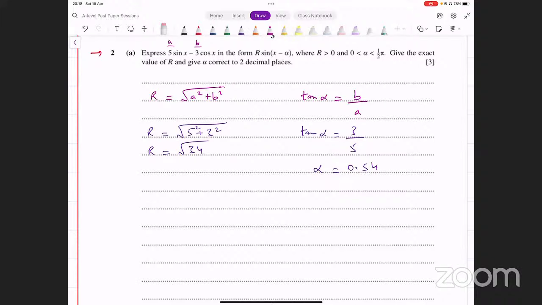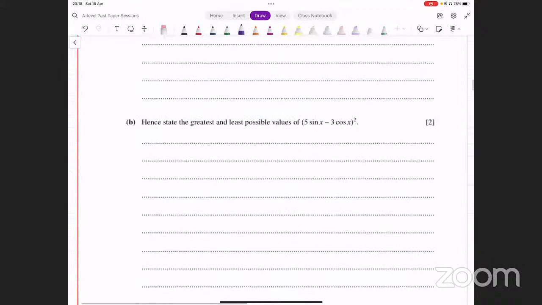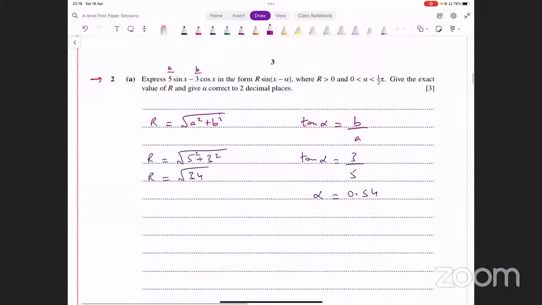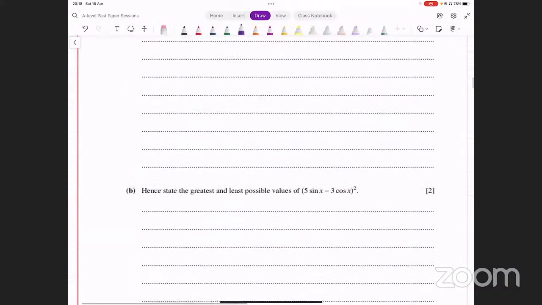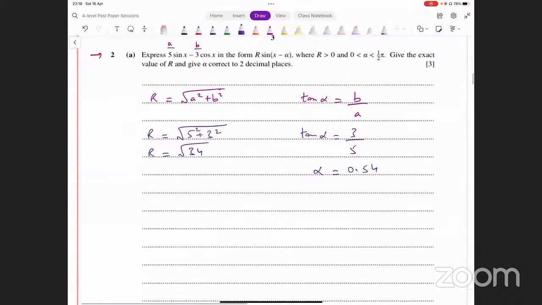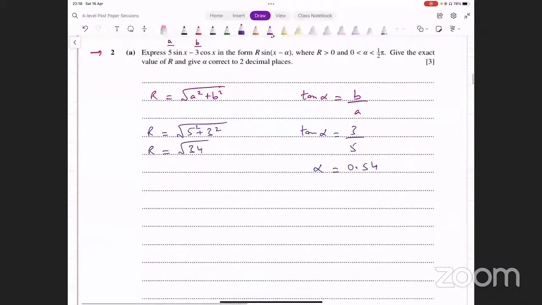Okay, अच्छा, so we've got the first part here, question number 2 part A, ये हमने कर लिया। Let's do the next part. Next part में उसने क्या कहा है, hence state the greatest and least possible values of (5 sin x minus 3 cos x) whole square. Okay, अब ये नीचे क्या लिखा हुआ है, it's basically the same thing as this, बस इसको स्क्वायर कर दिया, ठीक है? जो ऊपर एक्सप्रेशन लिखा हुआ था उसको हमने स्क्वायर कर दिया।